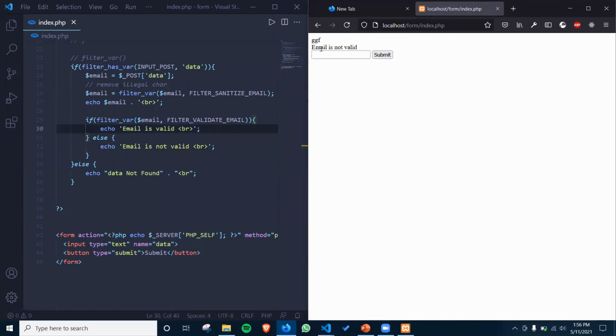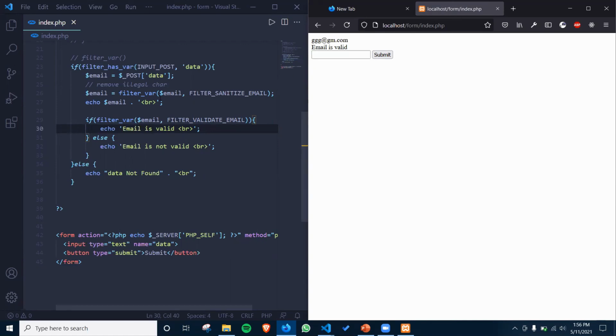Okay, so as you can see here that I have written previously GGF, which is not a valid email, right? So that's why it's written here email is not valid. So now let's say GGG at the rate gm//dot dot com. Okay. So what do you think? Is it a right email or wrong? So let's have a look. So first of all, let's convert this input string to this one, gg@gm.com.